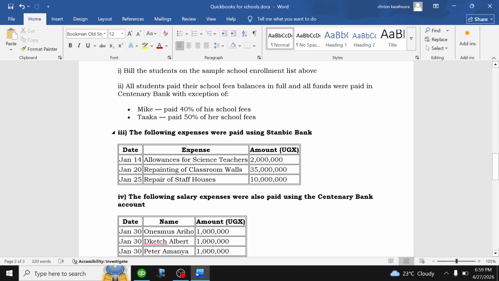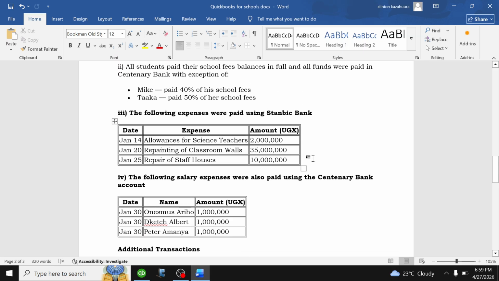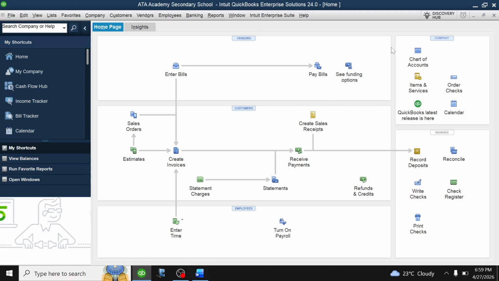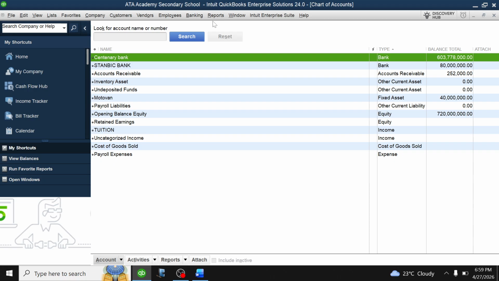The following expenses were paid using Stanbic Bank. So they are paying some expenses. This is quite easy. You know how to do that from previous videos, those who have been following. It is okay, we can simply generalize. You go to chart of accounts and pay off these. For me, the core part of the video was how to receive the tuition and the school fees. So if you have to pay off these bills, you go to activities,